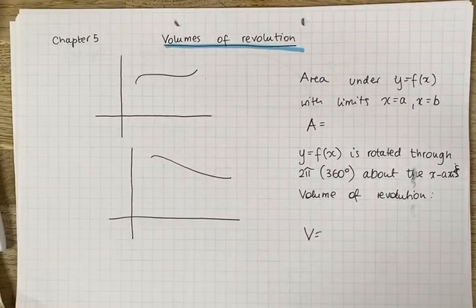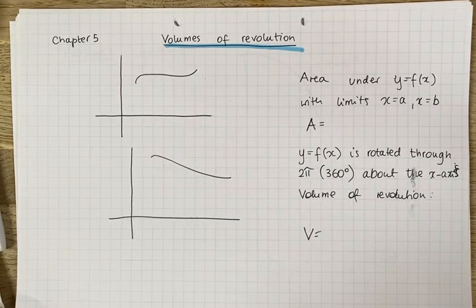Okay, so chapter 5 deals with volumes of revolution and using integration to find these results. Let's just remind ourselves of how to find the area under the curve,